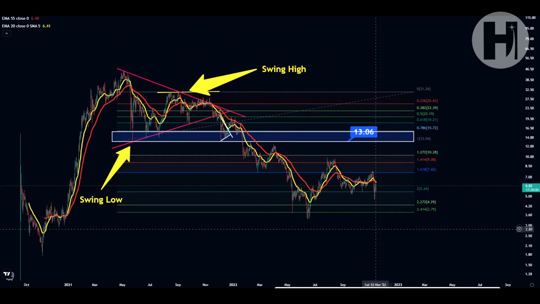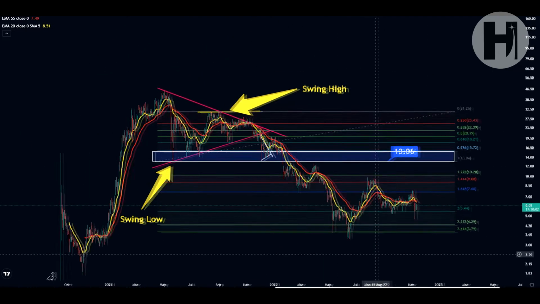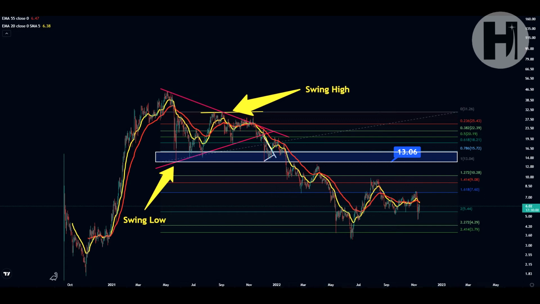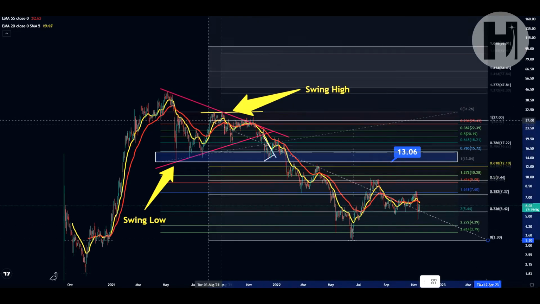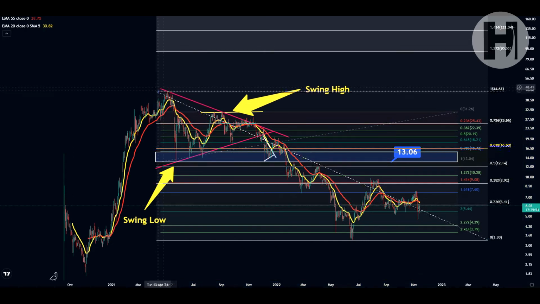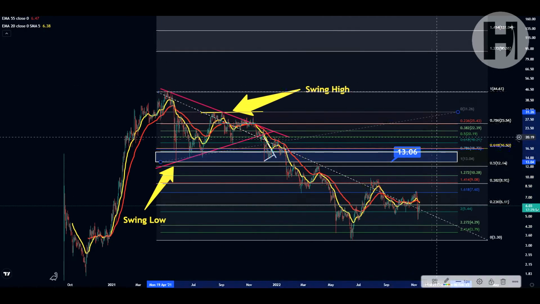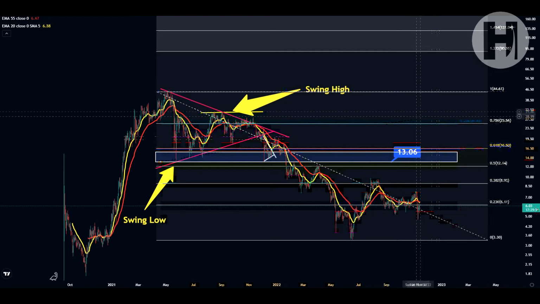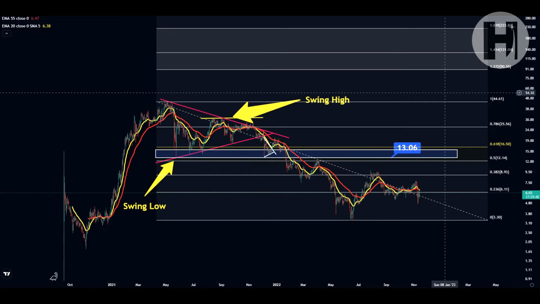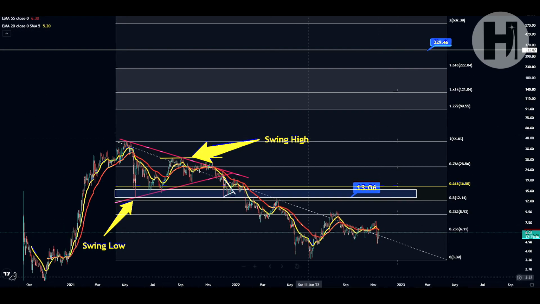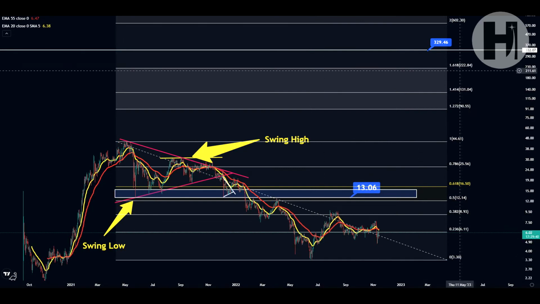But let's assume that the low that we printed in June is going to be our bear market bottom. Let's bring out a Fibonacci retracement. Take that low, take the high in September, and let's remove the smaller fib so it doesn't get in the way. You can see that for now, if this is our low, and let's assume that we will not go lower than this, then you have a 1.618 target all the way up here at